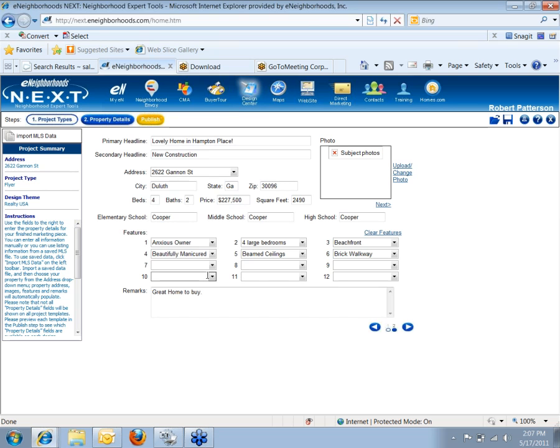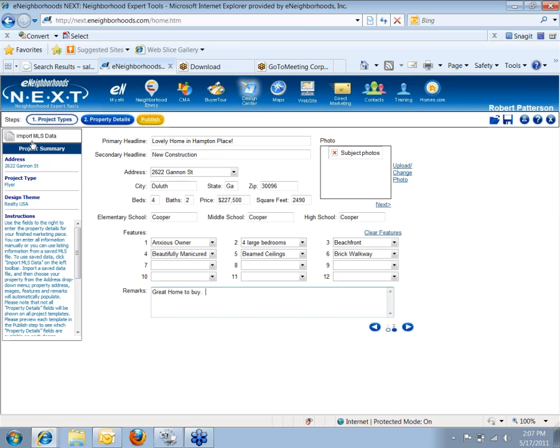So I've just got some different information in here. These pull-down menus, you can either go in the pull-down menu and add additional items with regard to features on the house. You can also put remarks in as well. I have not uploaded a photo. It doesn't really matter. You can upload a photo, but if you import data, you can import listing data, your